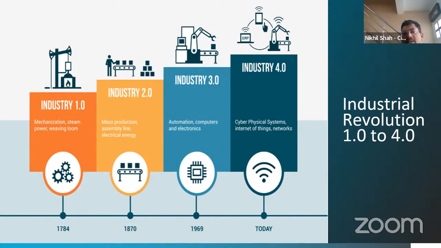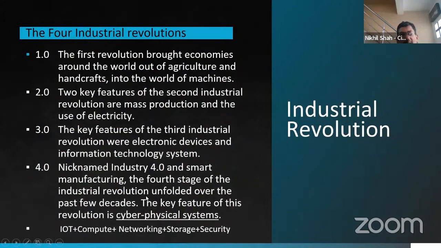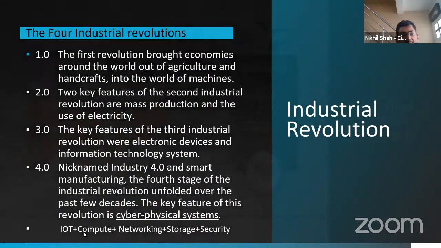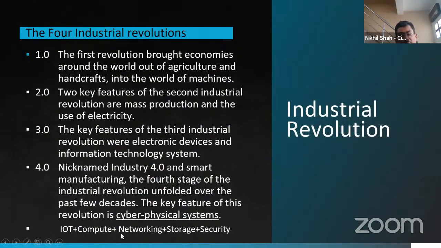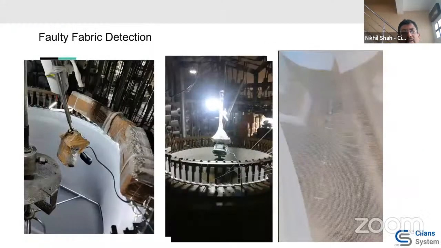It is called cyber physical systems. That is the official name of 4.0. It involves so many things. It involves IoT that we talked about yesterday. It talks about computing power, networking, storage, and security. And obviously, when we talk about compute, it means computation power with machine learning and all of that. So the combination of all this is bringing so many new revolutions, in manufacturing sectors and many other sectors. So that is the industrial revolution point of view.